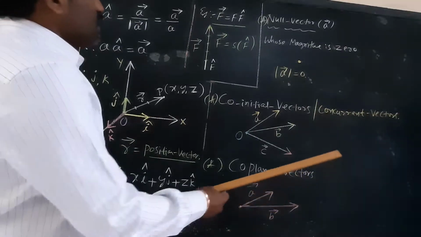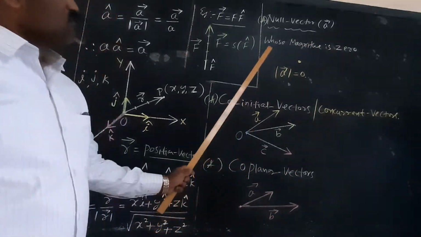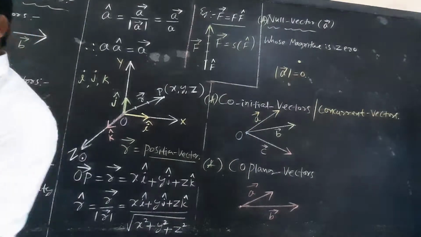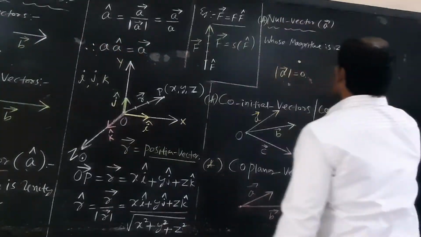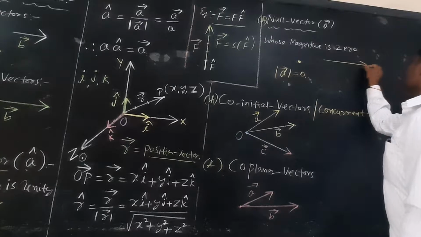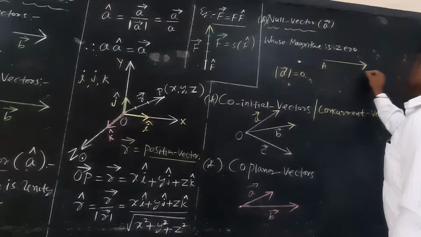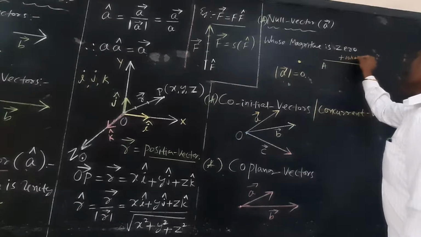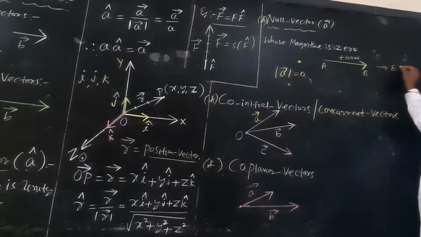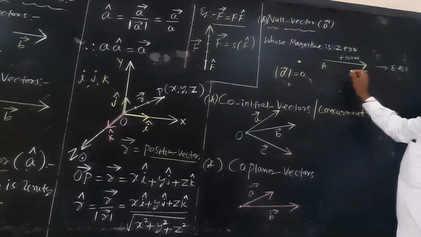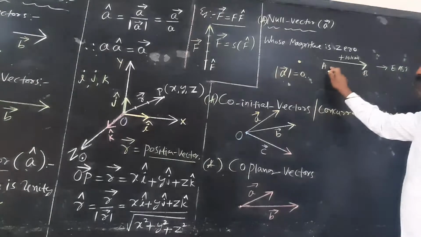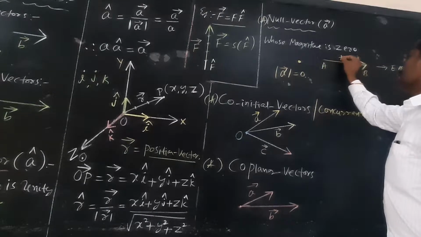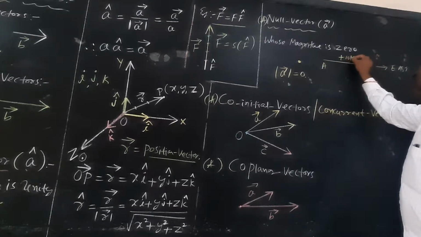So now we will talk about another vector, which is called the null vector. What do you mean by null vector? Whose magnitude is 0. How to analyze the situation of null vector? Let us consider a body moving from A to B and let the displacement be plus 10 kilometer. Why is it plus 10 kilometer? Towards east. East is positive. Am I right or not? So now a body is moving from A to B and describes a distance of 10 kilometer towards east. Towards east I have taken as positive.